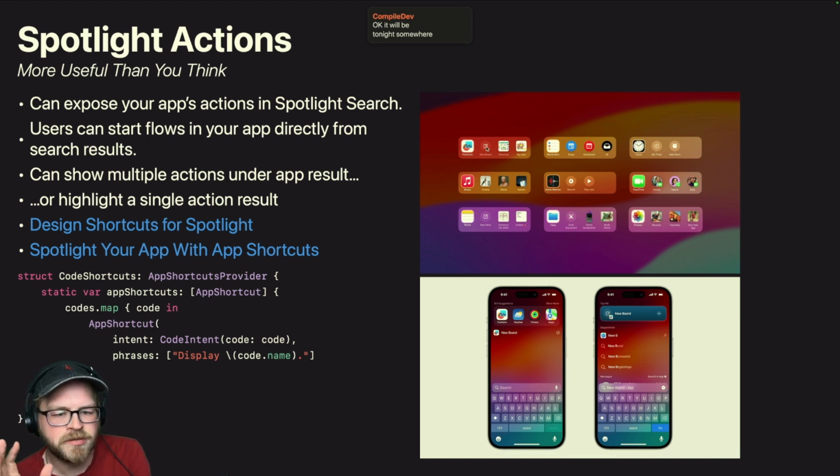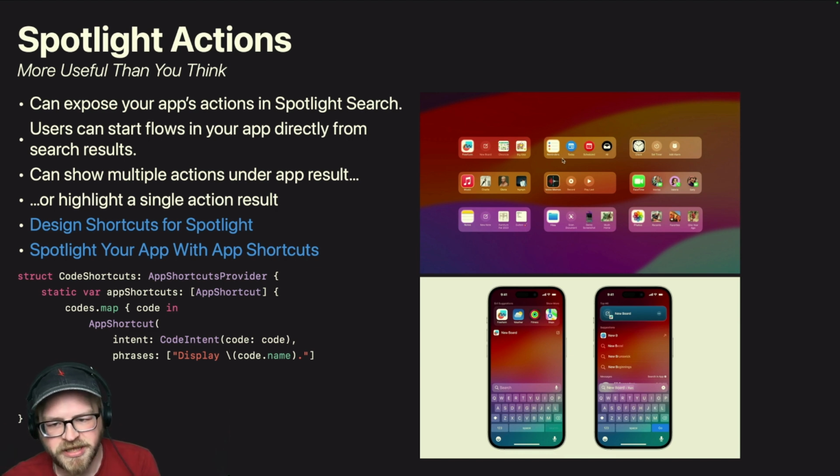And so you can have an action like a new board. You can have an open type thing, like opening a specific board or opening a specific value in reminders. And that's the two things. That's it. You can perform an action directly, or you can show some kind of entity that you're going to open into.